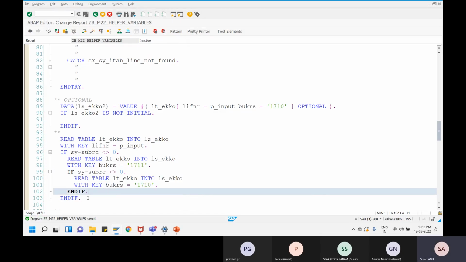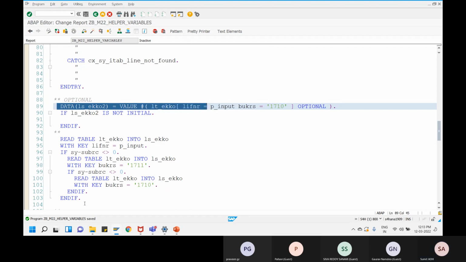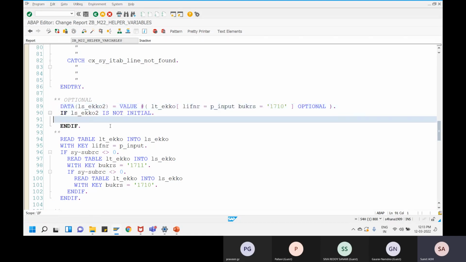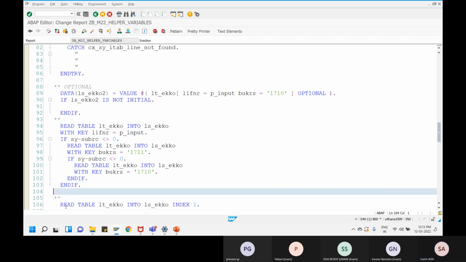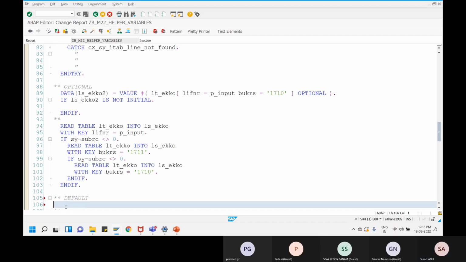If I want to achieve this sort of data fetching behavior via my new syntax, what can I do over here? One way is to fetch the information, say it optional, and if it is initial, then again fetch the second information. If it is again initial, search for the third information. That becomes very tedious. Instead, in new ABAP, we have a keyword called DEFAULT. This DEFAULT keyword helps you fetch the information in a hierarchical manner. For example, you want to get the information in LS_EKKO